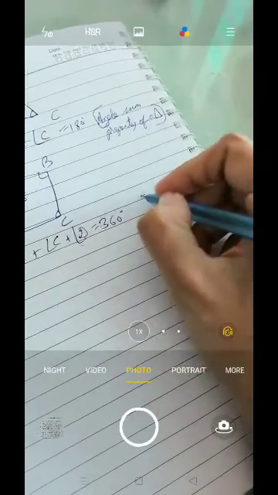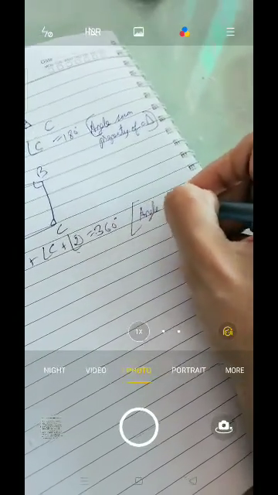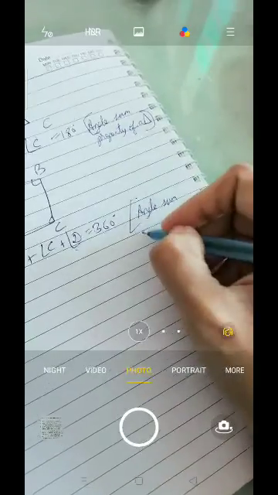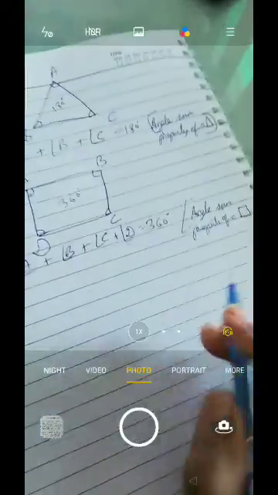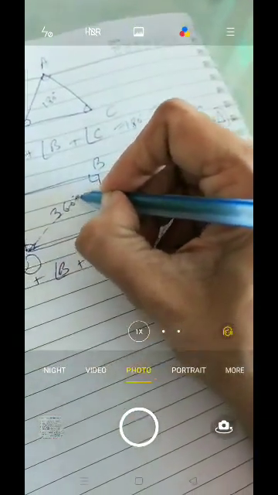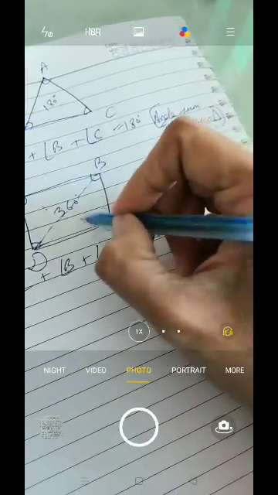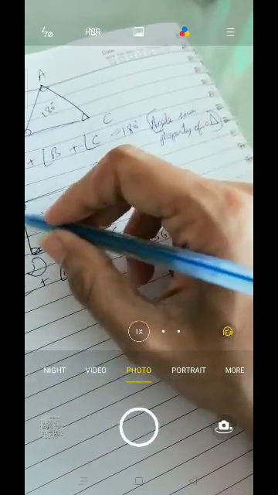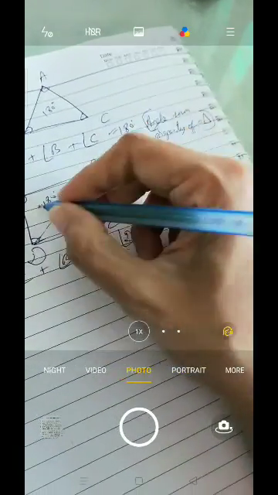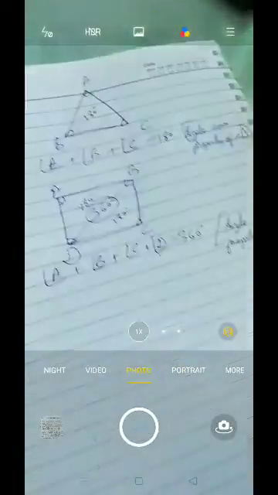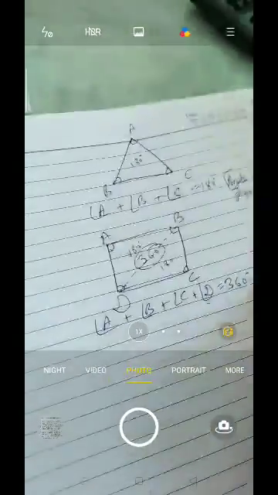Okay, you can say angle sum property of a quadrilateral. Now kids, you remember how we got 360? We just drew one diagonal in between, and you can see two triangles. The sum of one triangle is 180, the sum of the other triangle is 180. If you add these both, you get the answer 360. Clear? Have you got 360? Yeah.